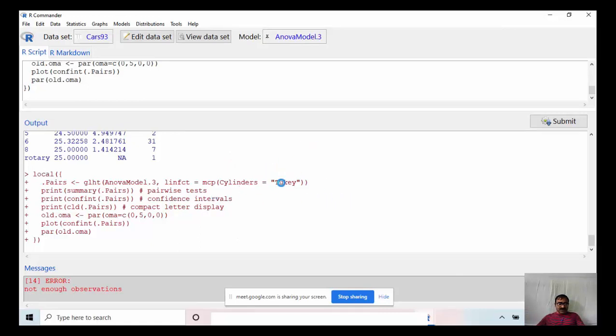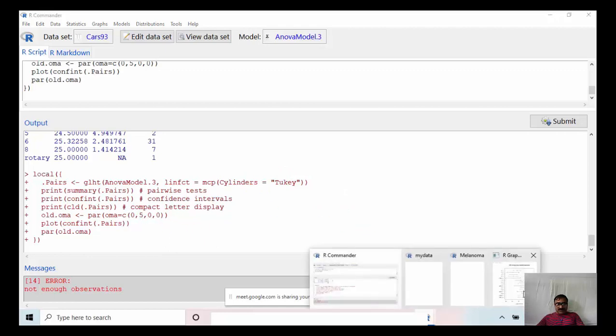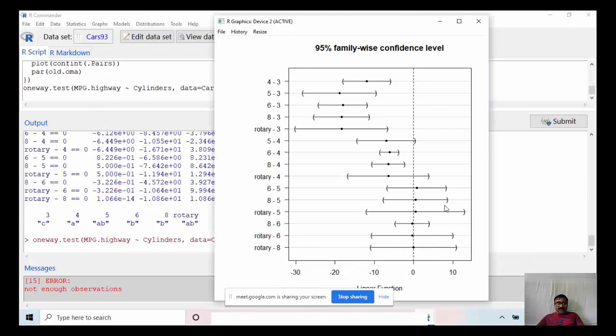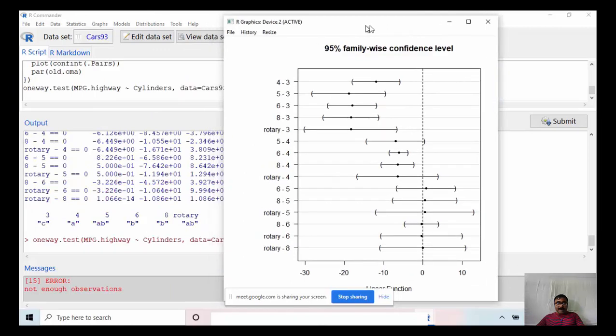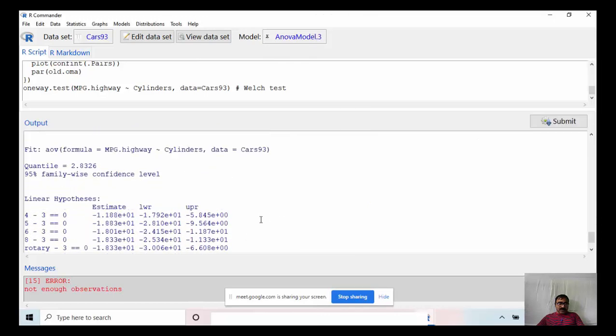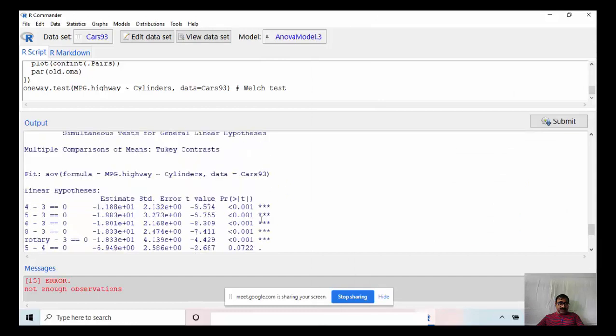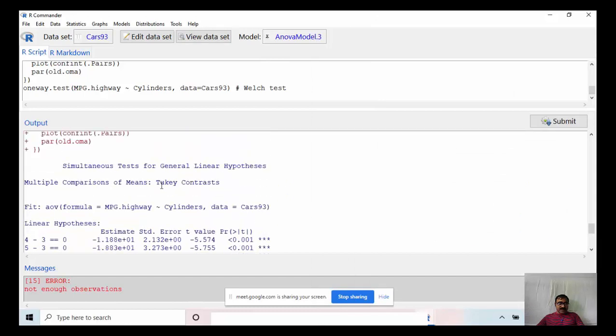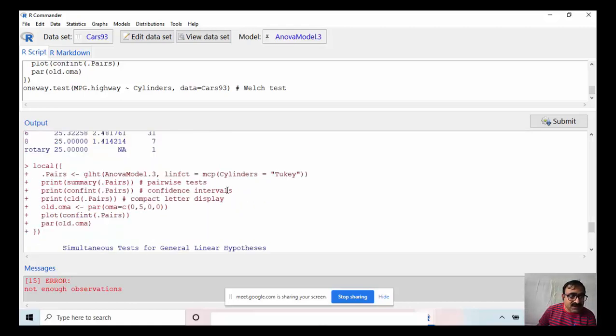Now see here the results. Simultaneous test for general linear hypothesis, multiple comparison of means.